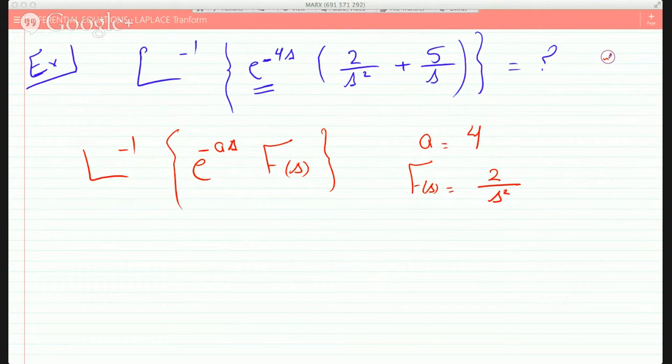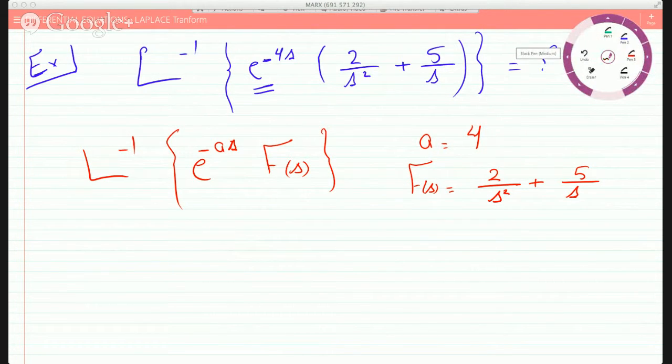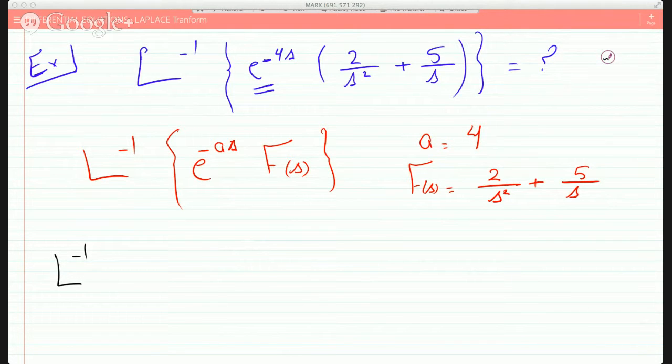So I'm writing s as a sort of triangle, okay? To distinguish it from the 5. Plus 5 over s, the cursive s. Right? So this is my f of s. So now I know that my inverse Laplace of e to the minus as f of s,